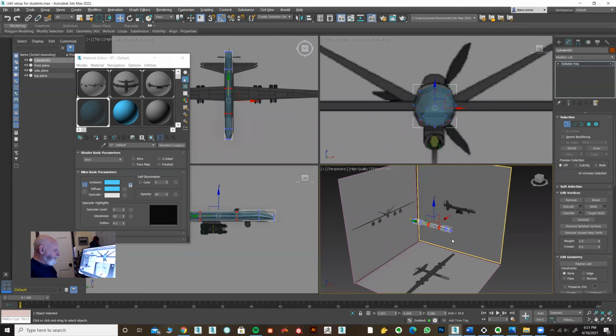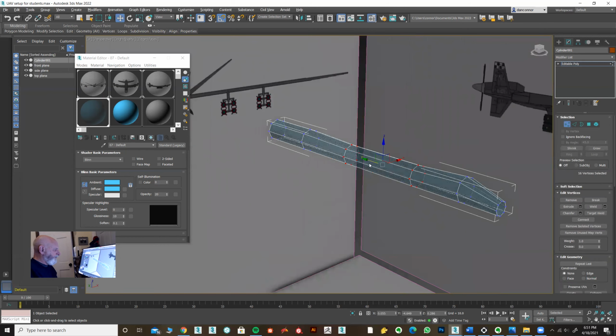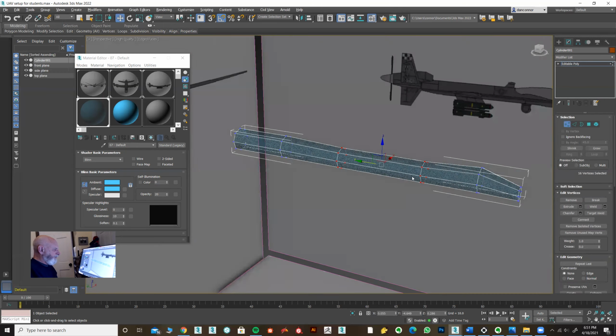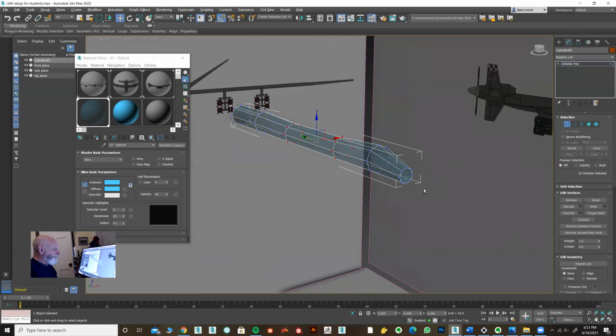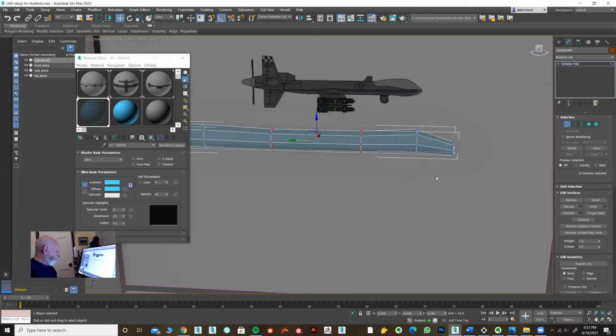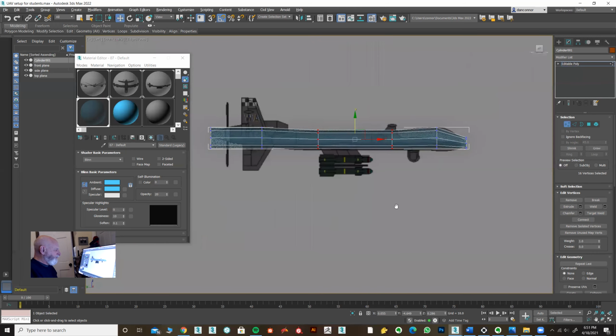Let's look at it from other angles now. Okay, so you just kind of start trying to create the shape of this thing. Okay, so whenever you need more edges,